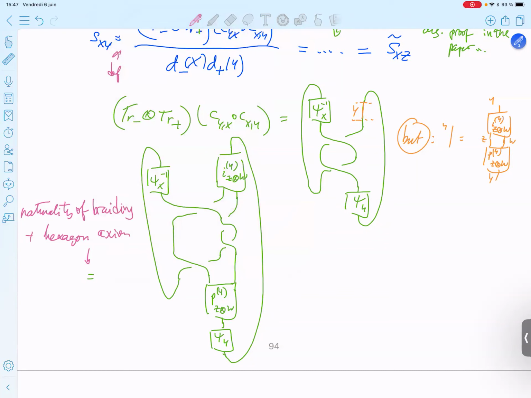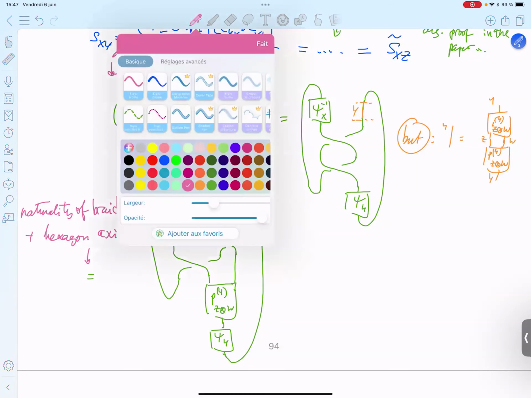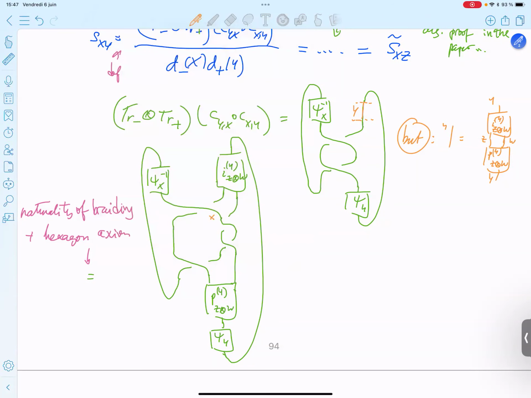Now, here you have X, and here you have W. So you have a double braiding with X and W, but remember, by definition, W is in the centralizer of D, and X is in D. So this double braiding is the identity by definition, the identity of X tensor W, since W is in the centralizer and X is a simple object in D. In fact any object in D works; it doesn't need to be simple.